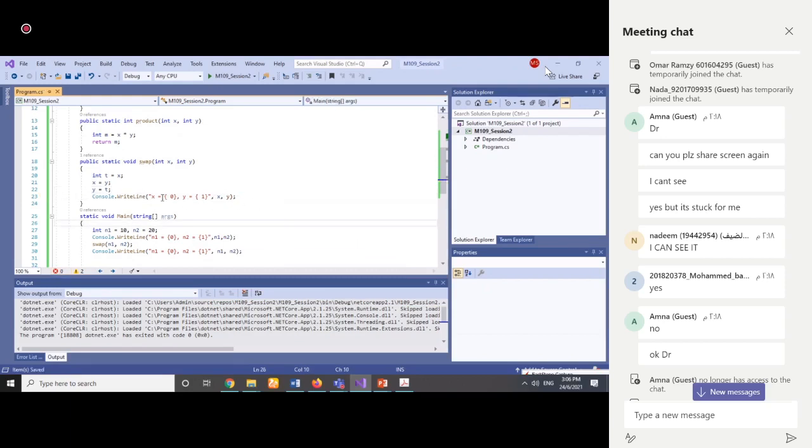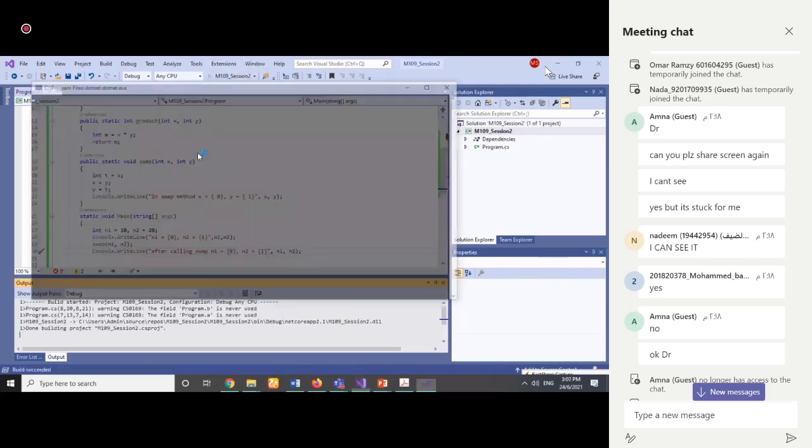Okay, and this is inside the swap method. What is x and y? Okay, and then after swap here, after calling swap,